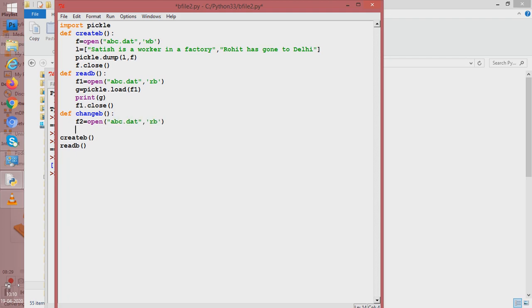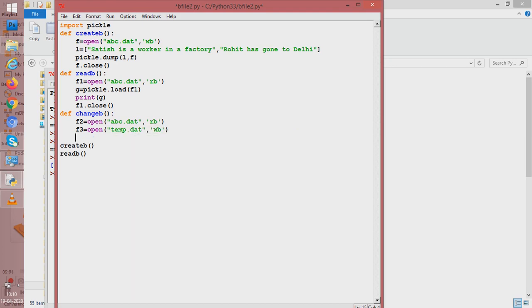Now our method would be, we will now create, as we had created in text files also, a file for writing. That file, let us name it temp.dat. So we'll create a file temp.dat for writing. And we all know how we write in temp.dat. We use the write mode and it is a binary file. So we have opened two files now.